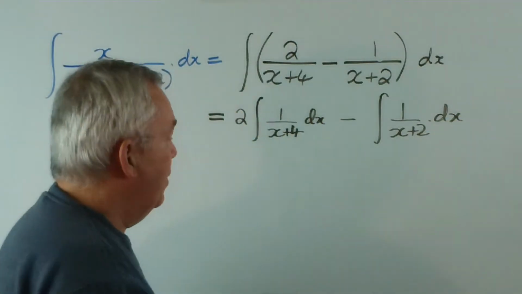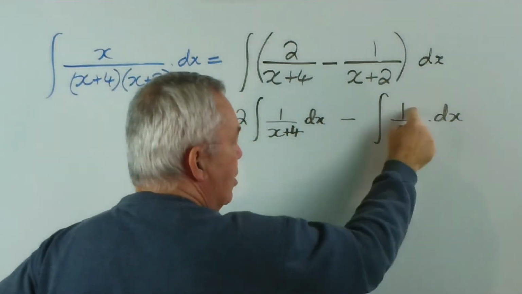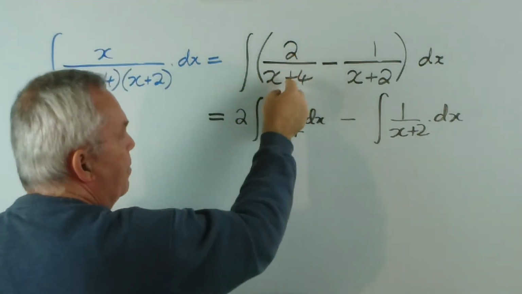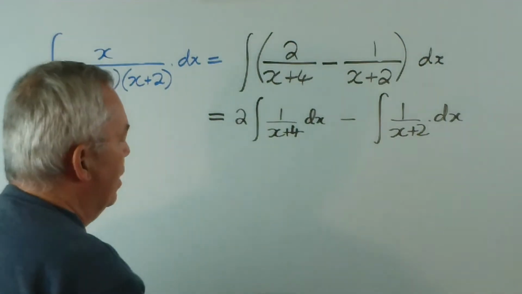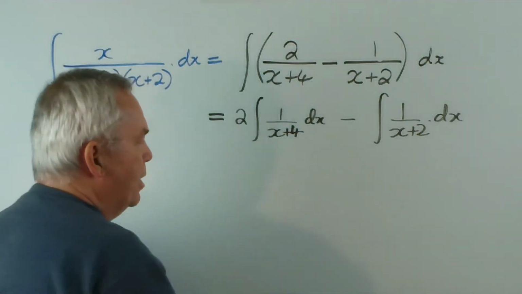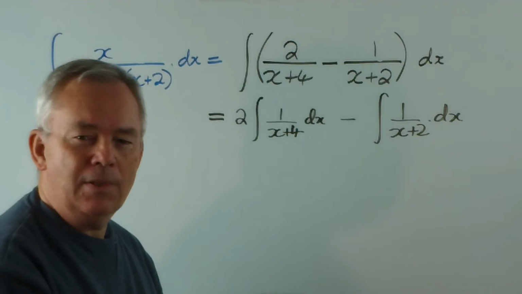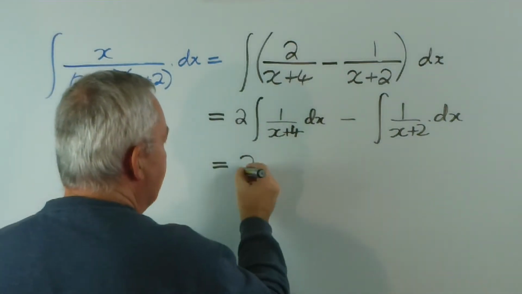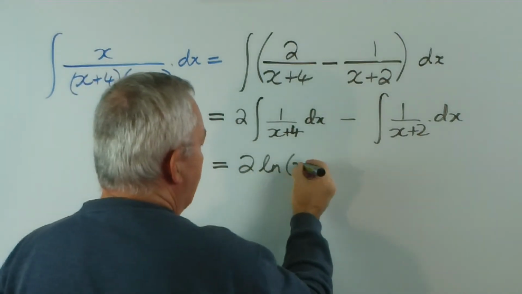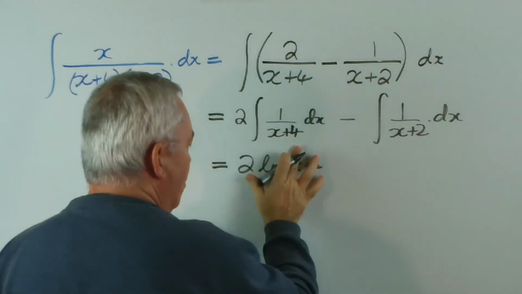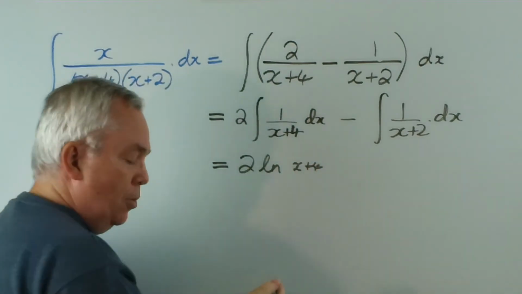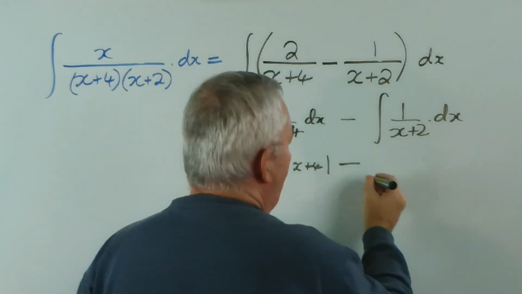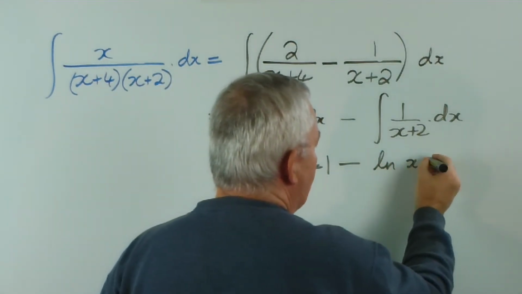Why did I do that? Because the derivative of x plus 2 is 1, and the derivative of x plus 4 is 1. I didn't actually want the 2 there, so we just moved it outside the integral. And this structure now is exactly what we need to give us a logarithmic expression. So our answer is 2 log x plus 4. Now, properly speaking, because x plus 4 could take on negative values, we use the absolute value sign, minus the logarithm of x plus 2